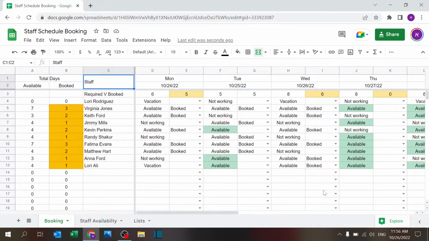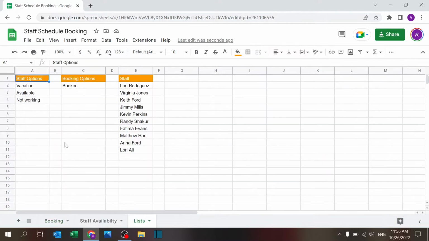So let's hop to it. The file is very simple. It has three different sheets. There's the list sheet. This is where I defined two drop-down lists, one called staff options for the staff availability